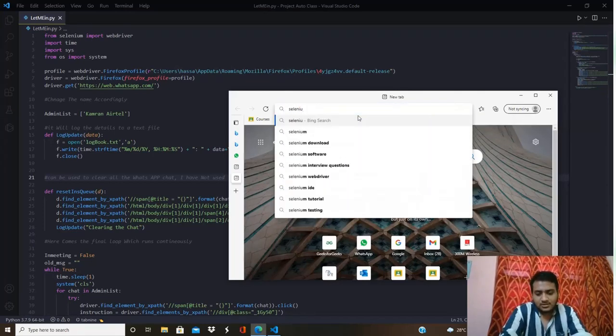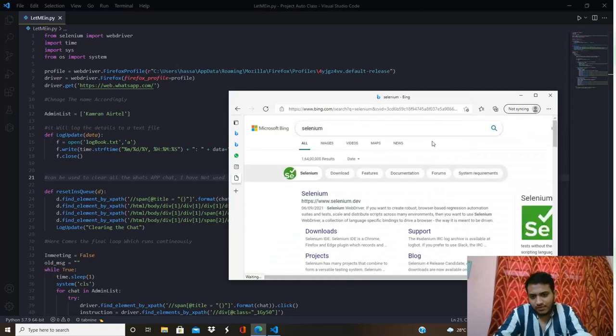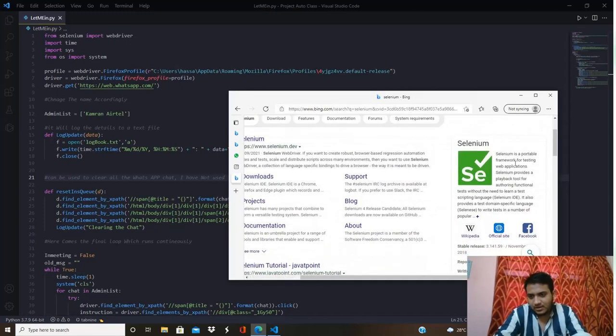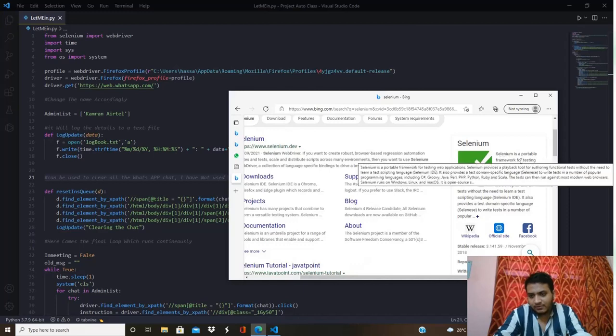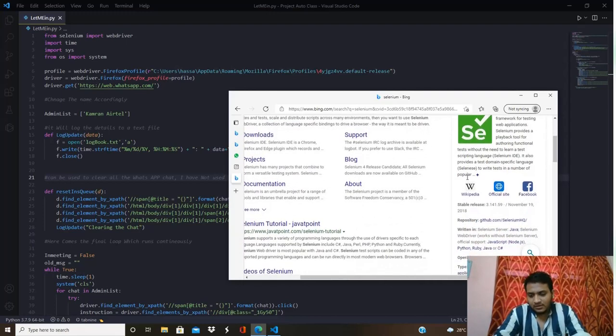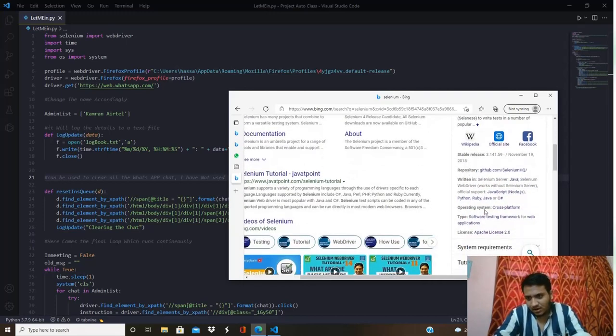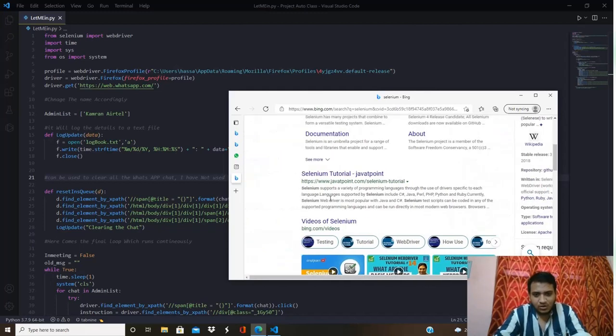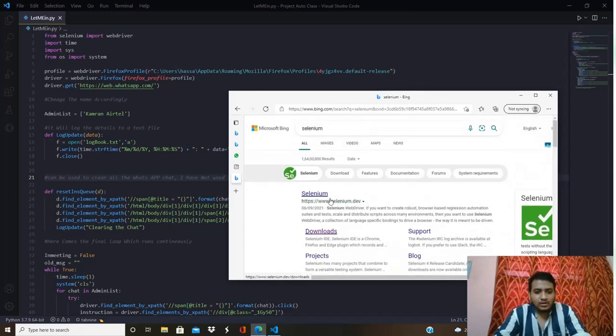Selenium is a very good framework. As you can see, Selenium is a portable framework for testing web applications. It helps you to automate the web browser. It is supported in a lot of languages like JavaScript, Node.js, Python, Java, and C#. So today what I'm going to do is assign a task